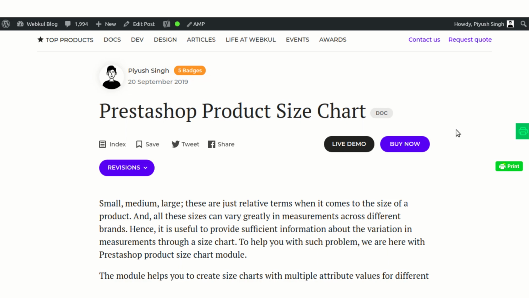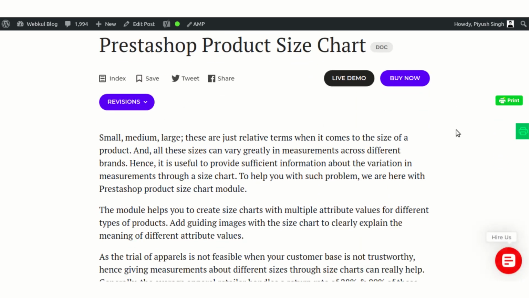The product size chart module has been specifically designed to help both customers and merchants, as there are various customers who are initially puzzled by various combinations or sizes of a product, and which one to buy. So providing a size chart on the product page not only helps your customer to decide better, but it will also help merchants to decrease the returns, as various returns created by customers are basically due to size issues.